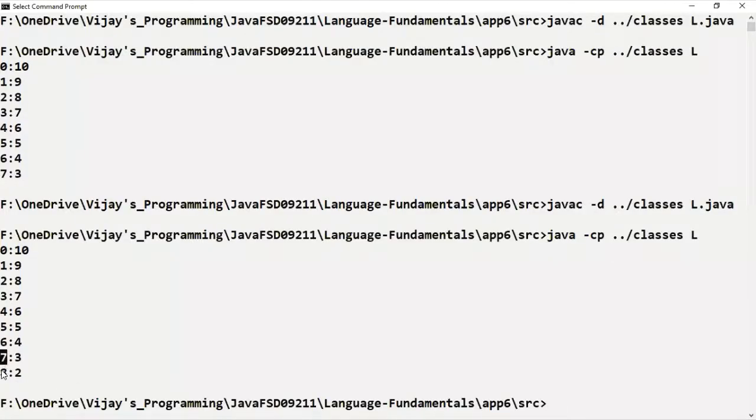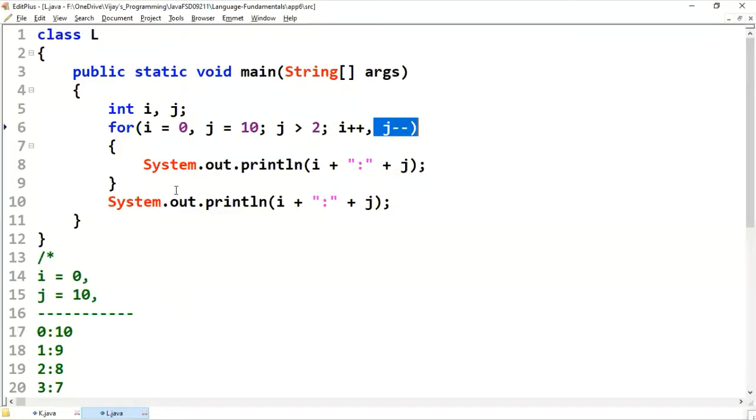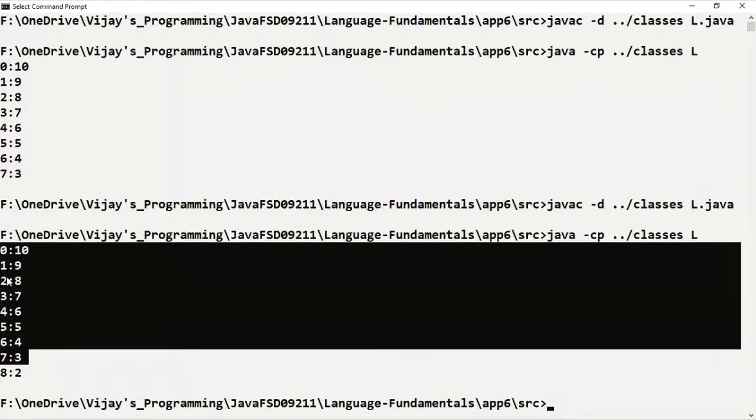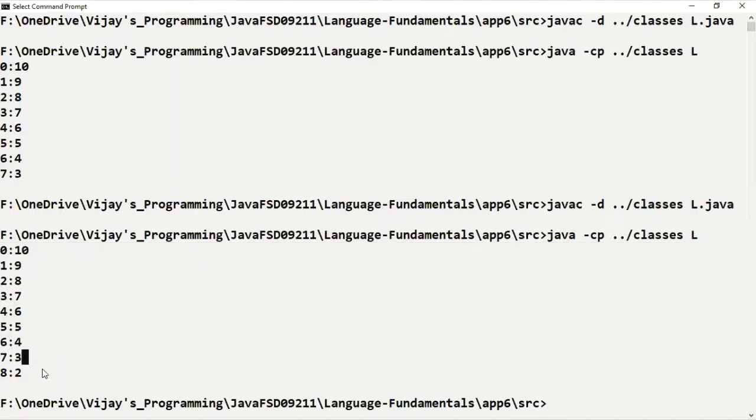From 7, i got incremented to 8. j decremented from 3 to 2. Here we are printing the last values. Up to 7:3 is printed inside the for loop. This is outside the for loop, inside the main method.